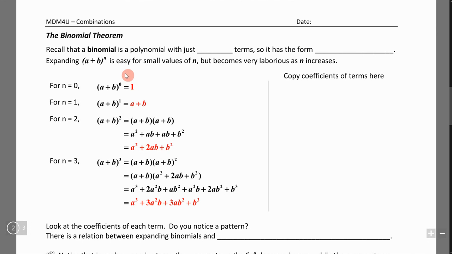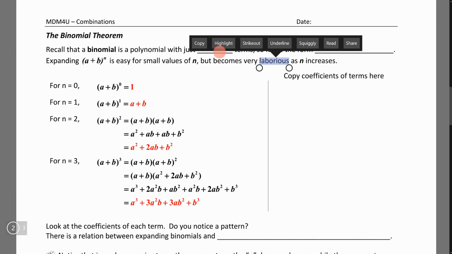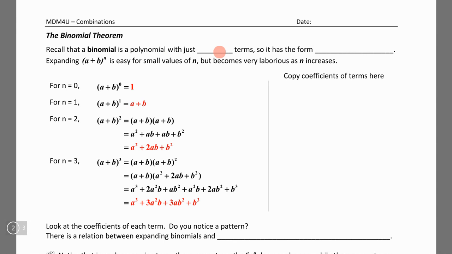The binomial theorem. So recall that a binomial is a polynomial with just two terms, so that it has the form a plus b. This is a binomial, if you recall, and a and b are terms. It can be with coefficients and variables. And so I can expand something that looks like a plus b raised to an exponent n